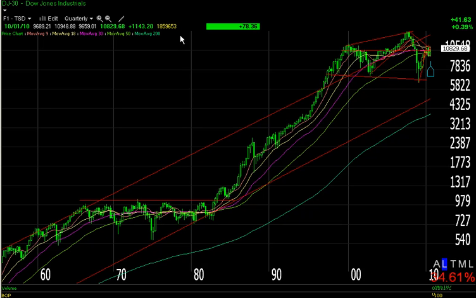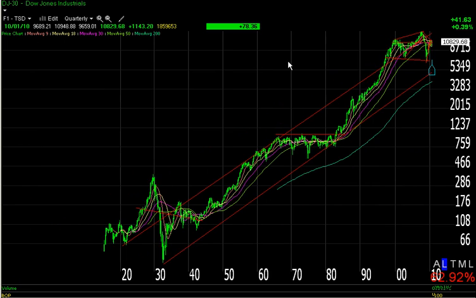Today is Saturday, October 2nd, 2010, and we're looking at the Dow Jones Industrial Average here, and as you can see, we have a much longer term chart than normal. The S&P and overall in the markets did not change from my analysis yesterday. It's just continuing to chop sideways. Nothing really has changed, so I thought I'd take advantage of today to take a look at the really long-term